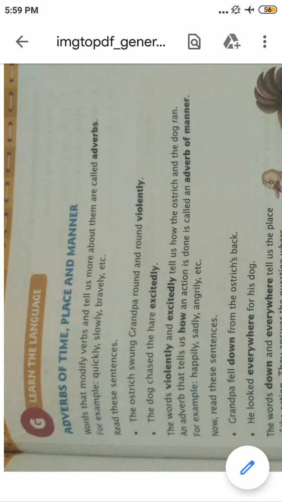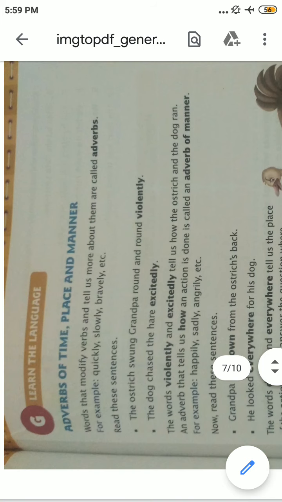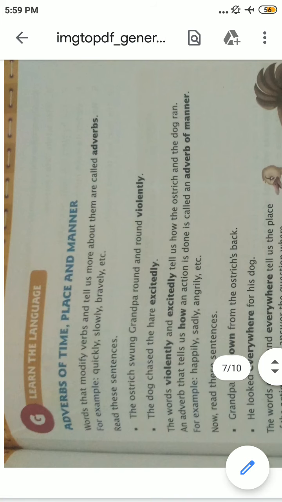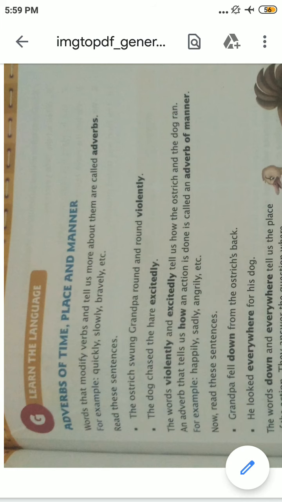The ostrich swung grandpa round and round violently. The dog chased the hare excitedly. Now, violently and excitedly are the words that tell us how the ostrich and dog were moving. An adverb that tells us how an action is performed or how an action is done is called an adverb